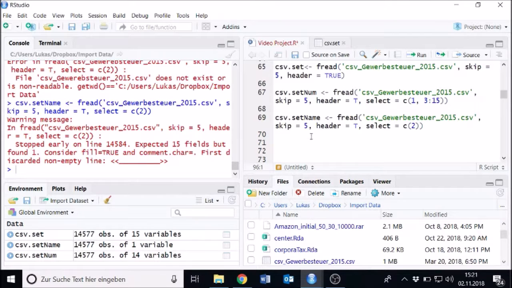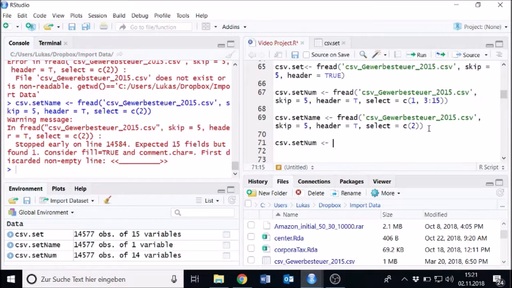file. So yeah, now we have imported two separate data frames depending on the type of data we want to have. We will merge them in a second. But you see here, this one variable has to stay character type, and those want to be numeric. So we're just going to turn them into a numeric type, and this works with our command as.numeric. So we give it a new name, csv set num again,